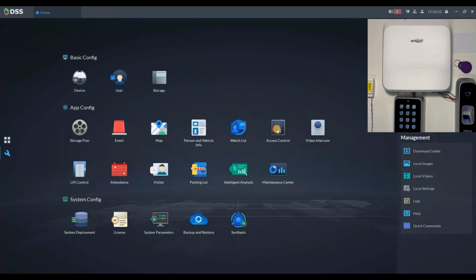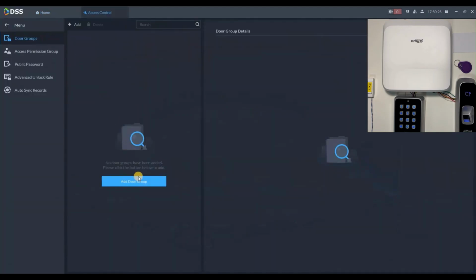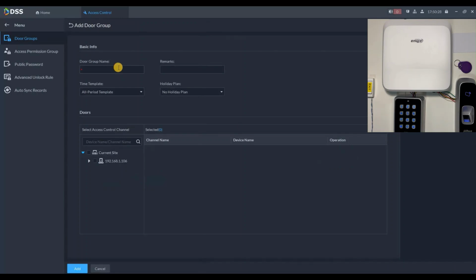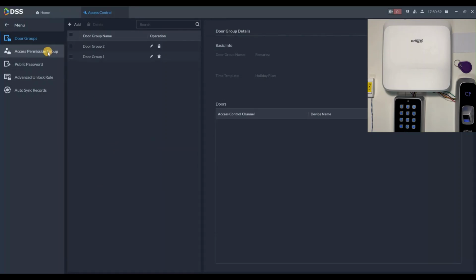Now we can go to access control configuration and we need to set up door groups. We'll add the first door group. We'll name it door group 1 and we add one door to this group. We set up another door group, 2, and we can also set up time template here and holiday plan and some remarks, for example test. To the second door group we add both of these doors, click on add, and now we can move to